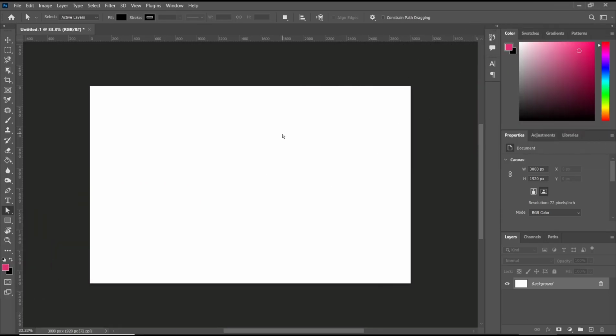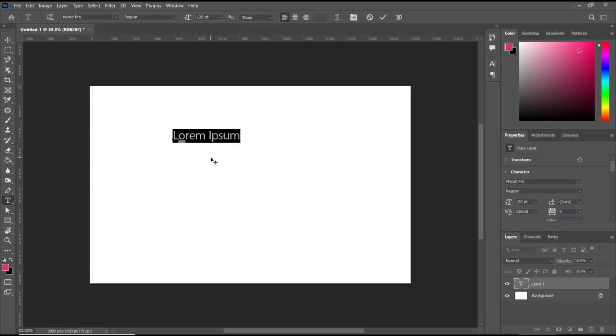Hello everyone, today we are going to learn a basic Photoshop tutorial on how to add text. You can create text by using this text tool. I will use the horizontal type tool. Click at this point and you can set the name. I will set it to